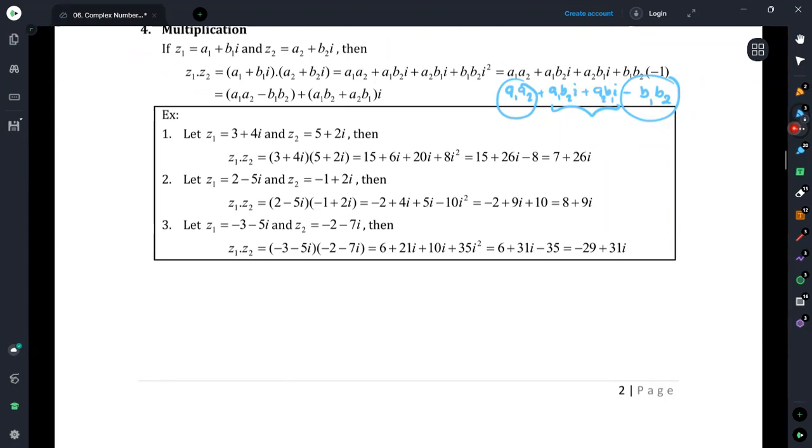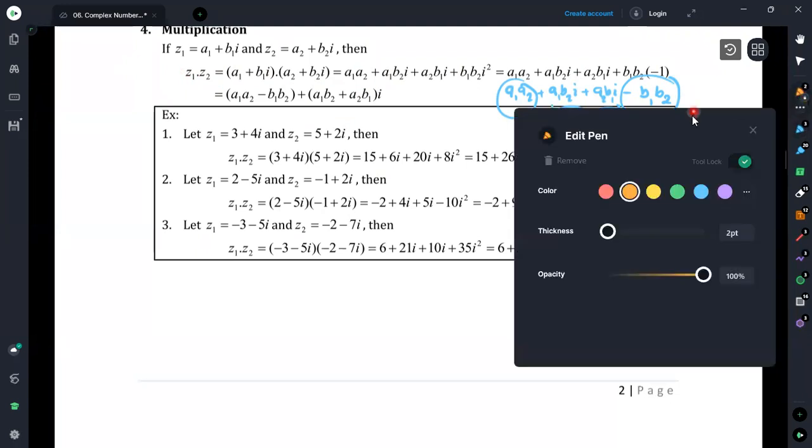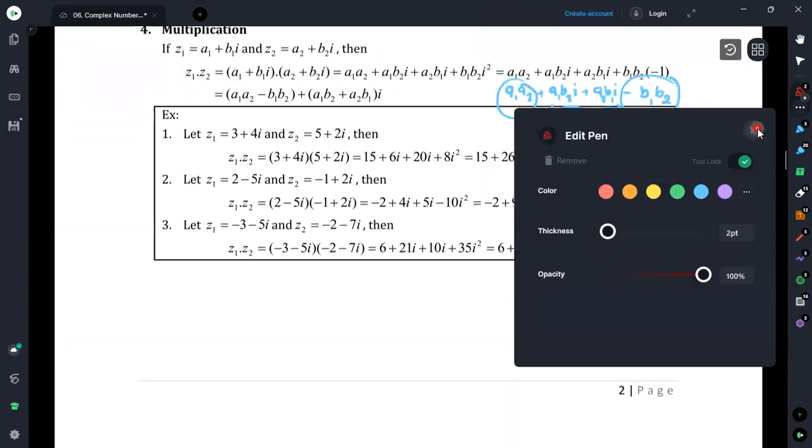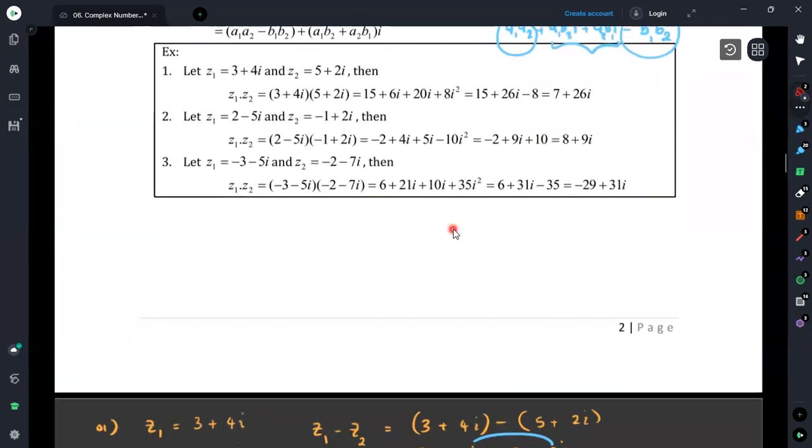Now, let us consider some examples. But prior to moving to the examples, if you need, you can directly use this concept, or else the easiest way, I think, is to just continue expanding. Then there is no need to memorize this type of equation. Therefore, to get the solution for multiplication of two complex numbers, we can do it in this way.